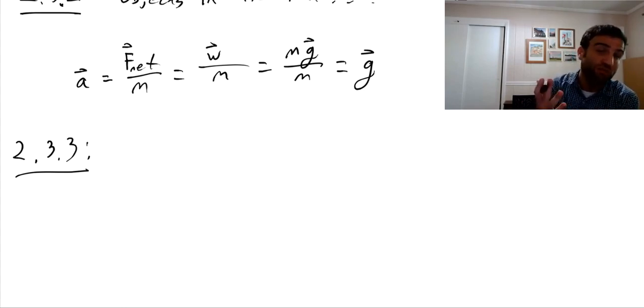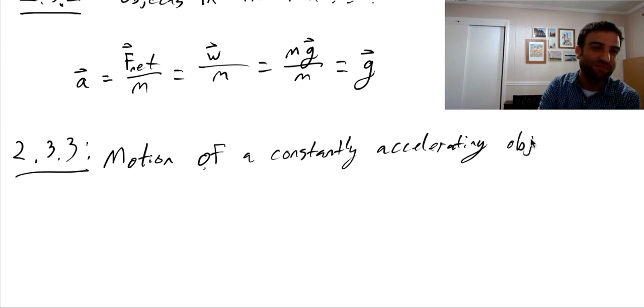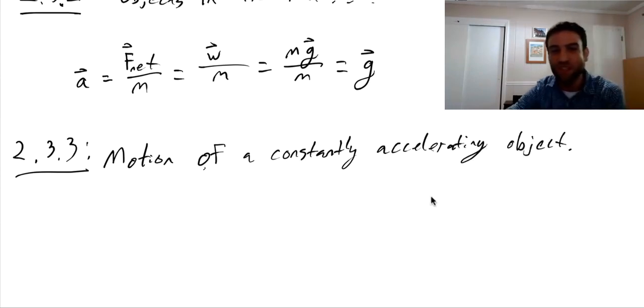There's only one force acting in the problem, and you just have an object that constantly moves faster and faster due to this constant acceleration. But free fall is actually just a special case of motion of any constantly accelerating object. Okay. So,